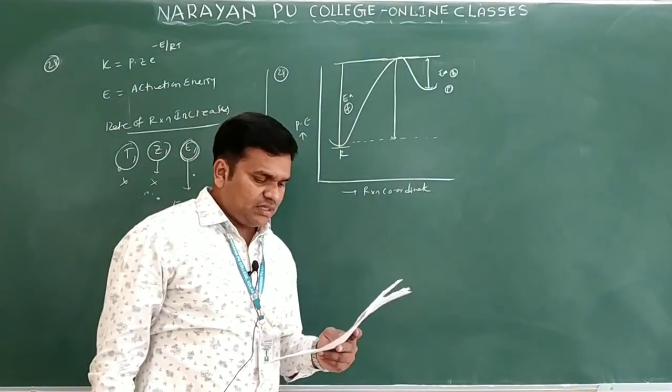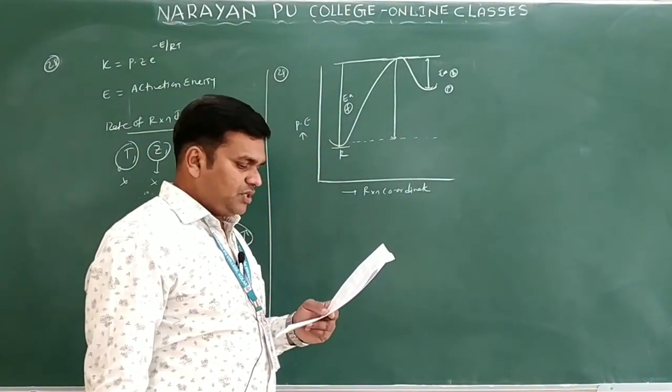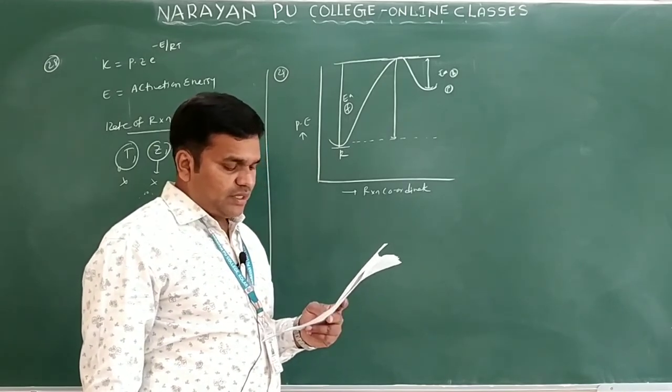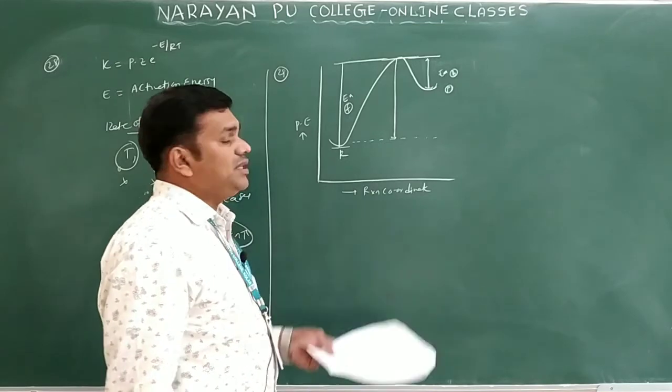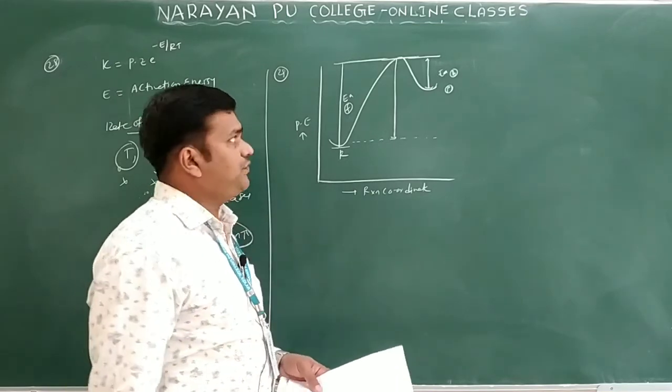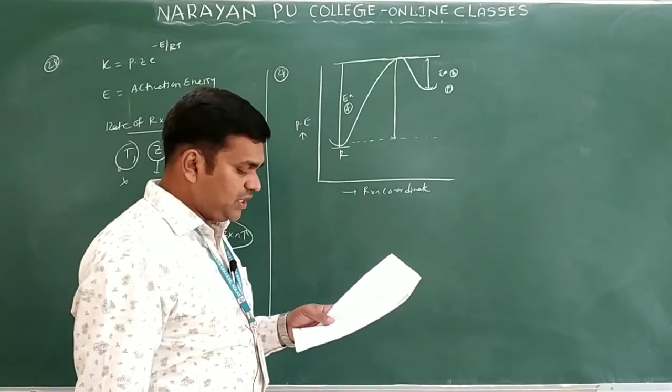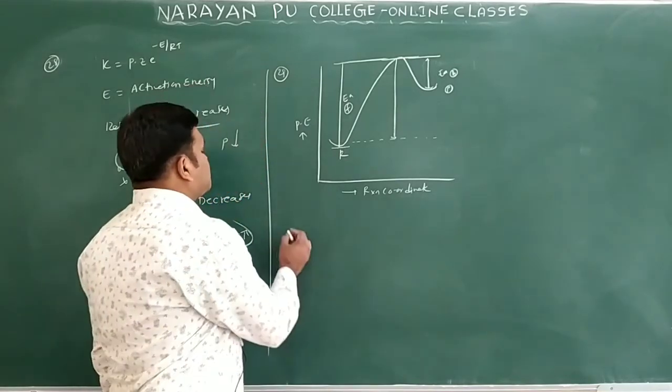Now they ask here: the endothermic reaction with high activation energy for the forward reaction is given by which example diagram? This is the diagram for the equation. If the activation energy is low, the rate of reaction will be what? Fast. What answer will you take? We will take option 3 for this question.